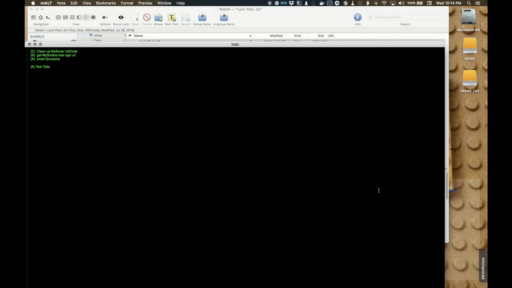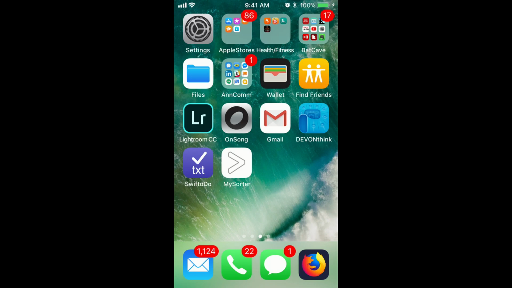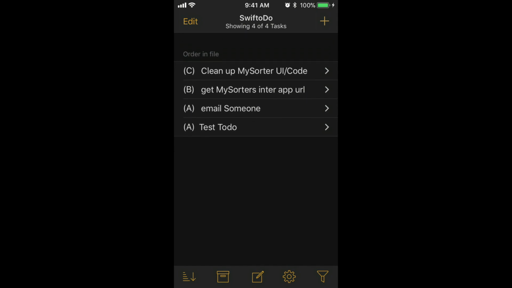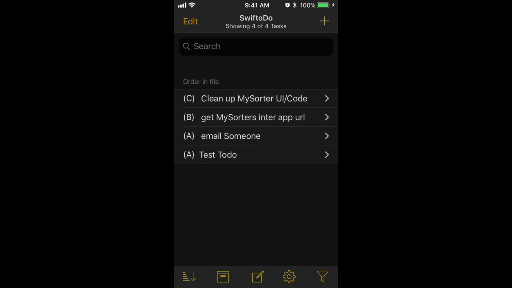Now let's take a look at my iPhone workflow. On my iPhone, I use Swift To-Do to manage my to-do text file because the original iOS to-do text app doesn't seem to be being updated anymore. Swift To-Do uses the to-do text file that's on my Dropbox and synced to my computer,